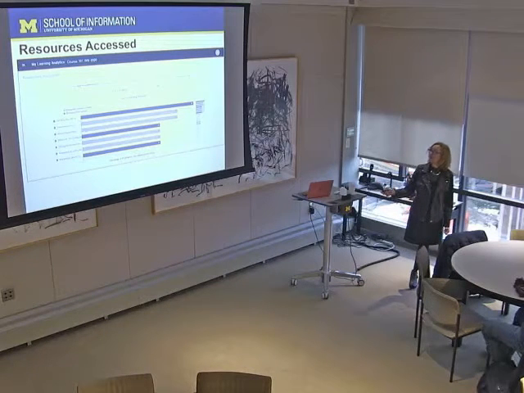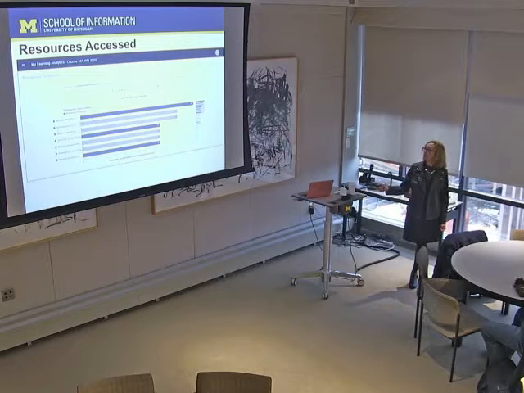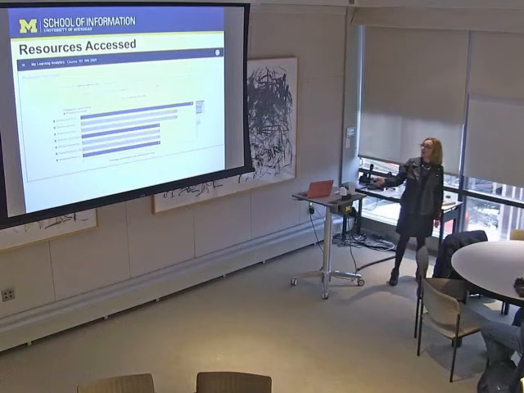And what it does is, if it is blue, the student has clicked on it at least once. If it is gray, the student has not clicked on it. And it also shows the student what percent of the students in that class has done so. So this first one that they've read, everyone in the class has read that.